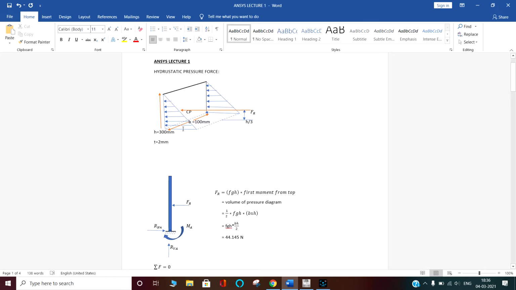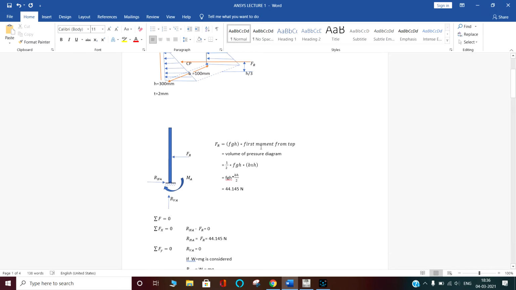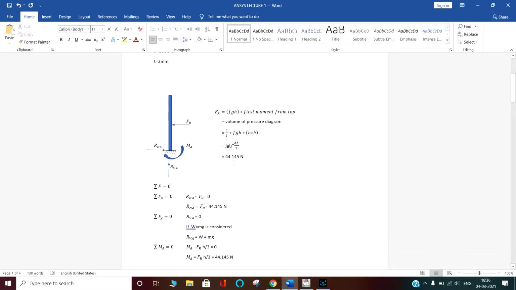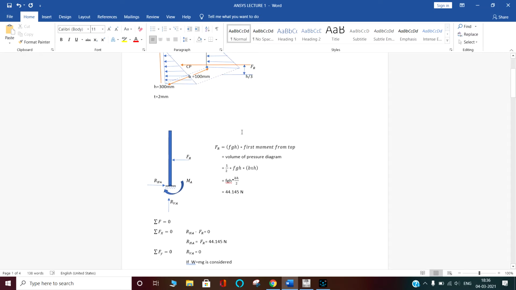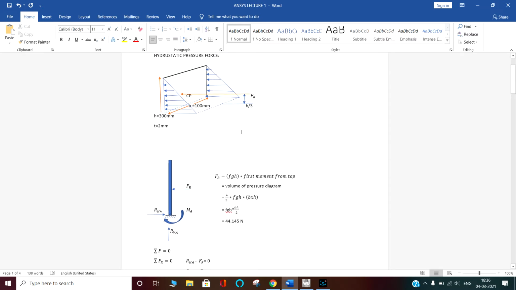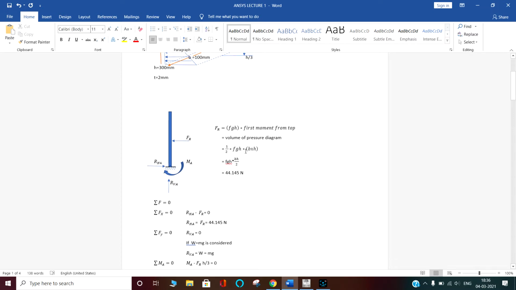This is the pressure, so the volume of this pressure diagram will give us the force, that is half rho g h squared into the width. Rho is the density of the liquid. Here I am going to use water, so I am using the density of water. So here we got the force acting at Fr, that is called the pressure centroid.